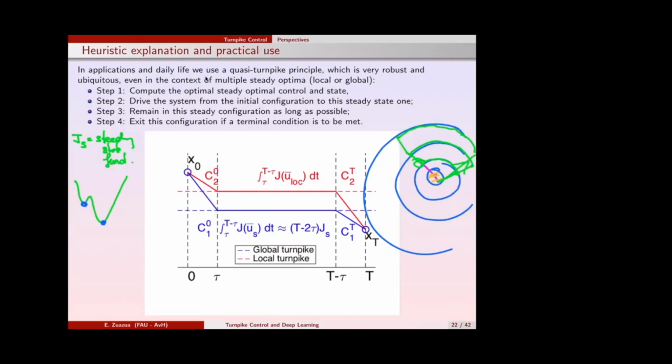No. It's not this. It's that if you really want to minimize time, if the traffic in the downtown area is very crowded, this could be the optimum from the perspective of minimal arrival time. And this is precisely what we are doing here. Every time we take one of these rings, we are doing a Turnpike, right? And there could be several, depending on the local, say, minimizers of the steady state function.